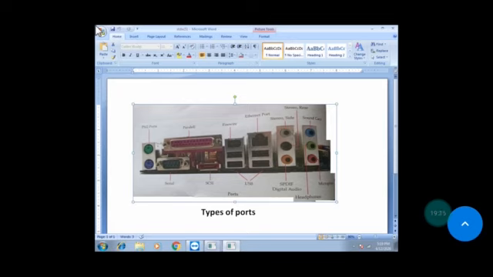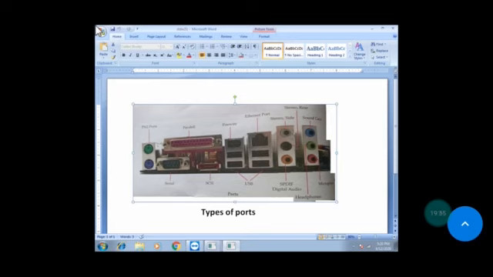Next one is firewire port, connecting camcorders and video equipment. Now the next one is Ethernet port, connecting to a network and high-speed internet using a modem, router, projector, etc.